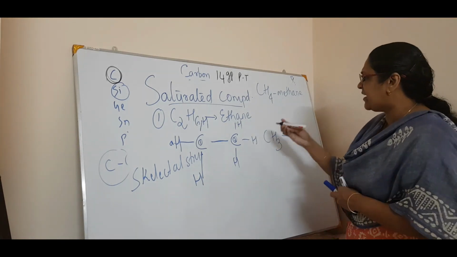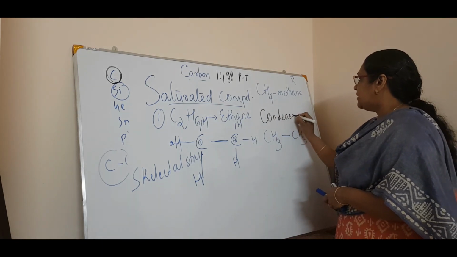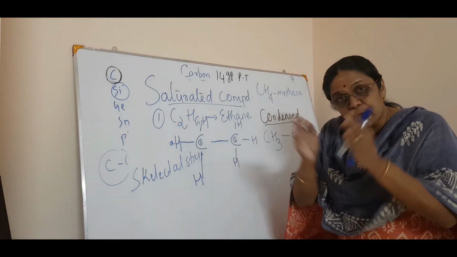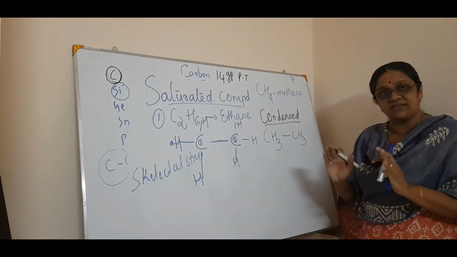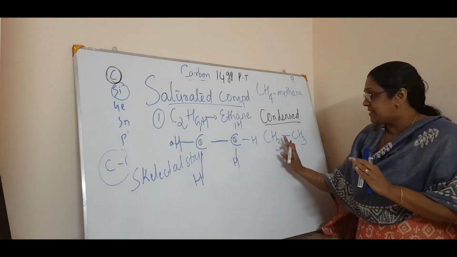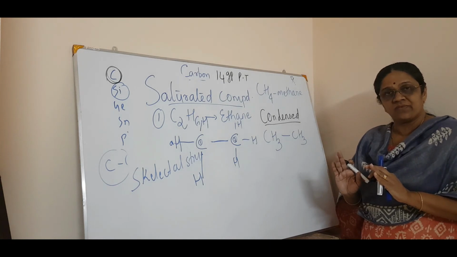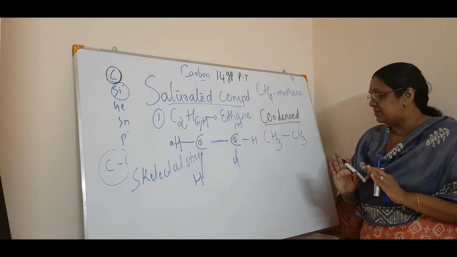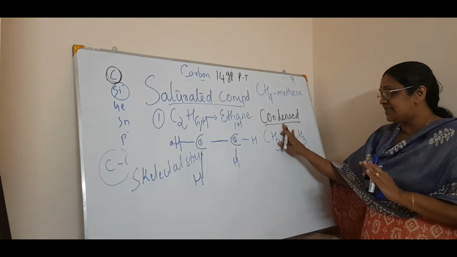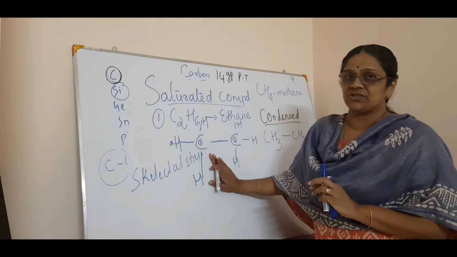First you will study to draw the skeletal structure, and then this is called the condensed structure. You will study this in higher classes, but still, condensed. Condensed means what? All the 3 hydrogen atoms you put as one, that means H3, isn't it? H3, not showing H, that is skeleton. This is H3. Here also H3. See? So this is called a condensed formula or structure. This is called the skeletal structure.